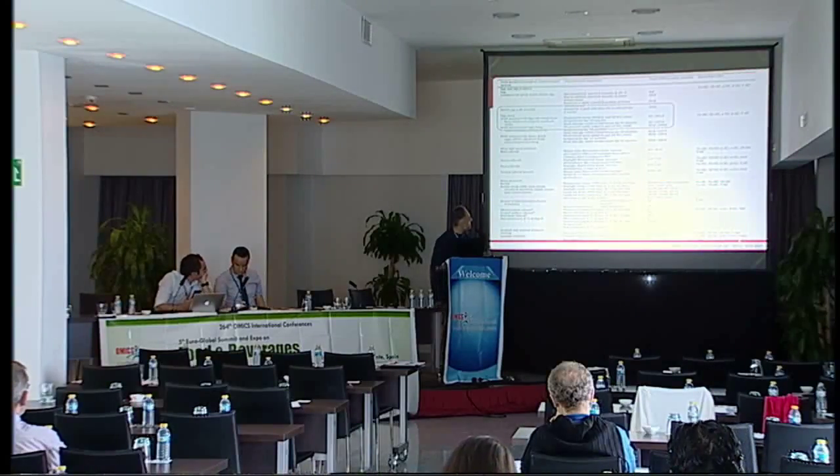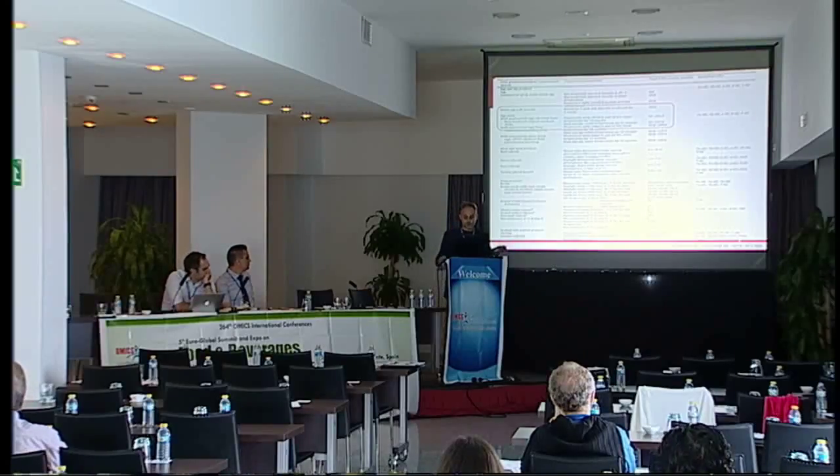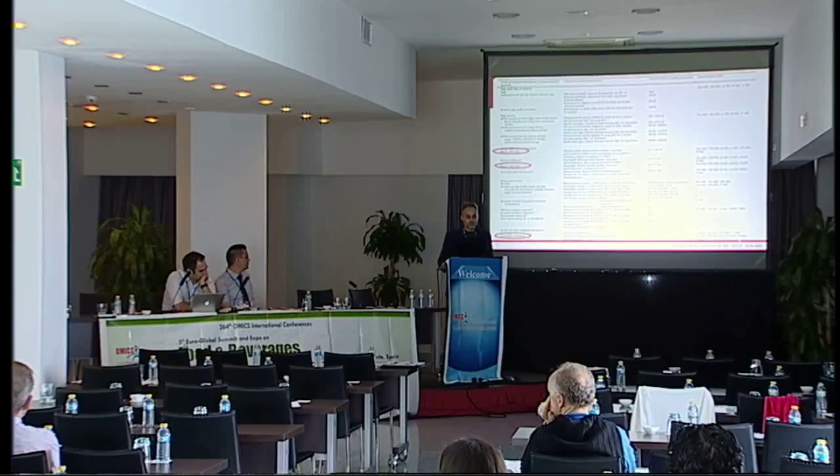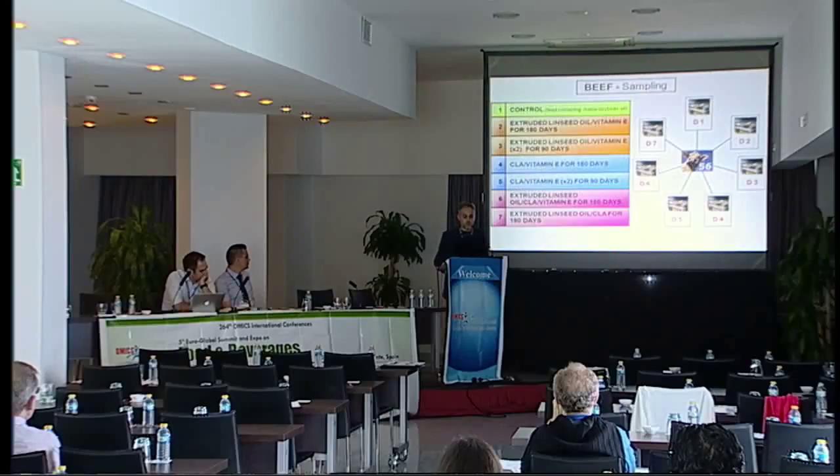This table reports some different foods and the amount determined in food. You can see that when we have some technological process, such as pasteurization, we have an increase of cholesterol oxidation products. Well, today I want to show you just some data on sliced beef, sliced pork, and sardine. First of all, on beef, we used 56 animals, subdivided into 7 different diets.